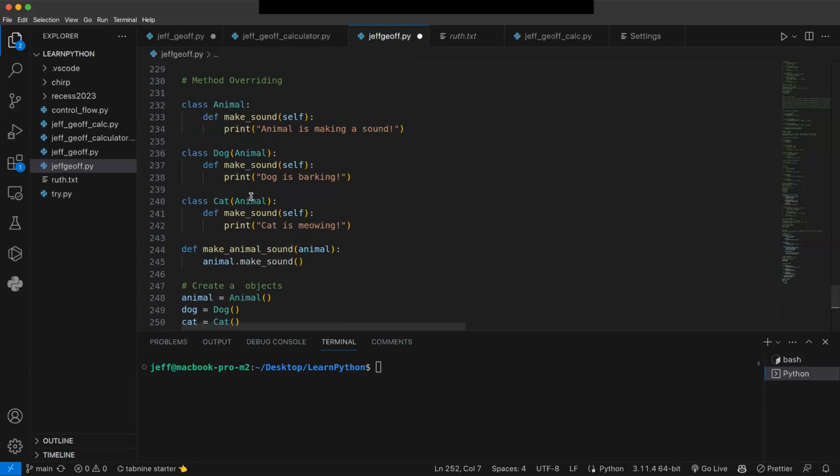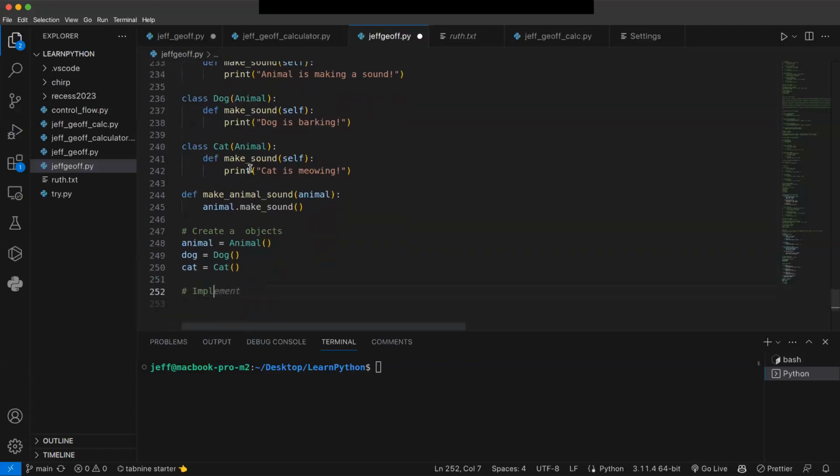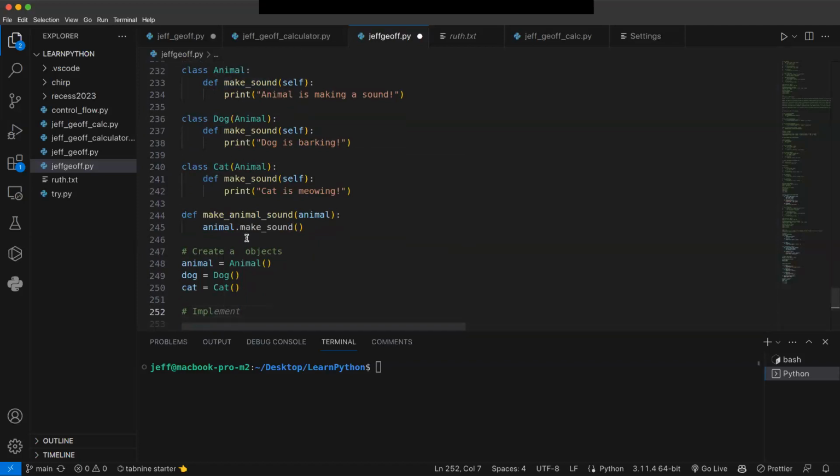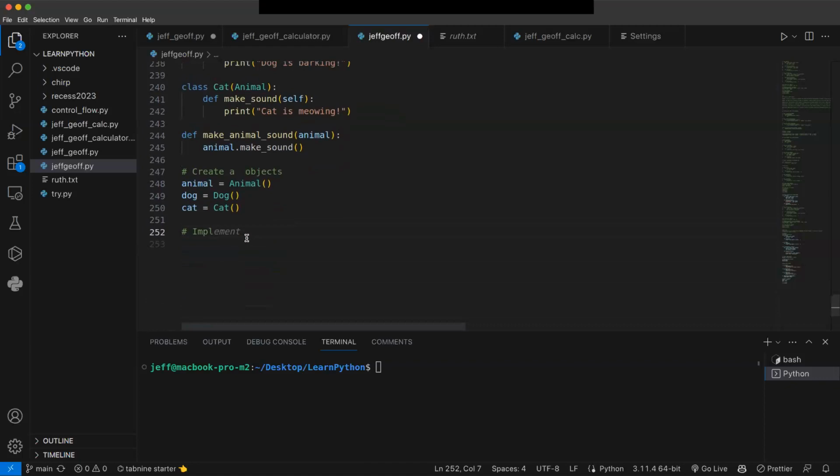But let me explain it one more time for any other person who has not understood. In this example, which we are almost about to finish, we have subclasses under inheritance, method inheritance, which is inheriting from the class Animal. But what we want to do is that the subclasses Cat and Dog will override the make sound method that we created. And when we call this function here, which I'm about to implement,